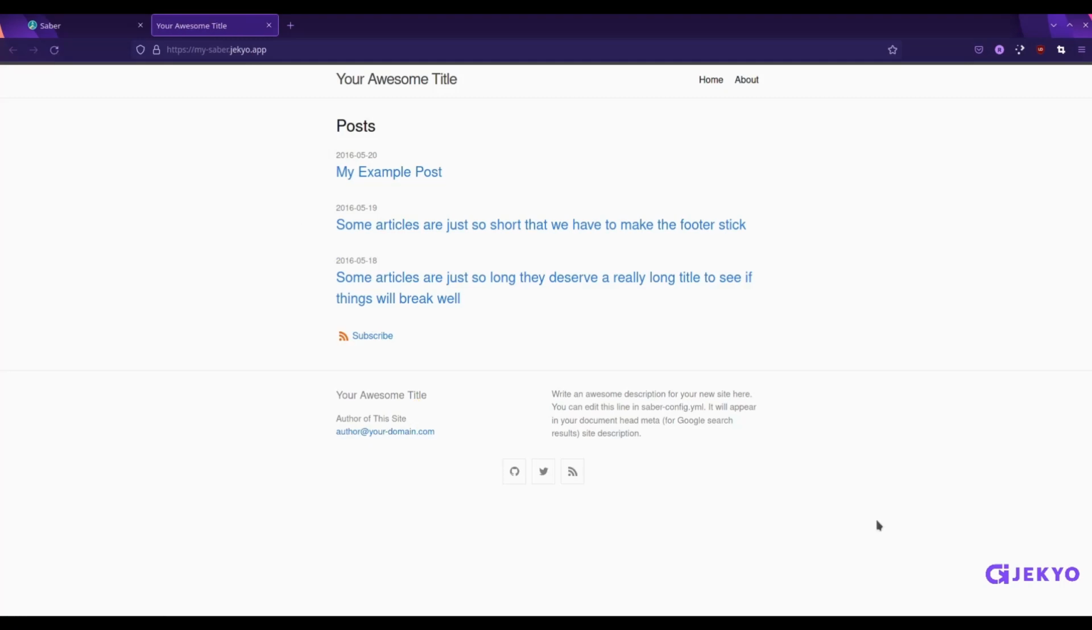If you need to update your live app, add the modified file to the Git index, commit your changes and simply run Jekyo deploy again. You will see your changes live in a few moments